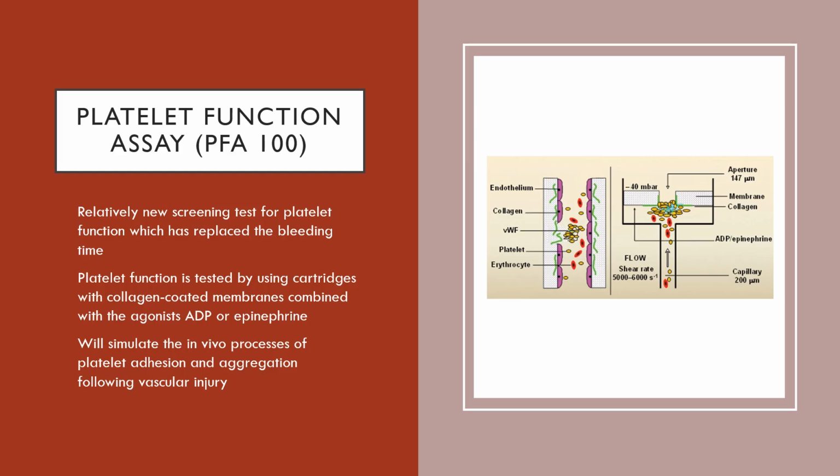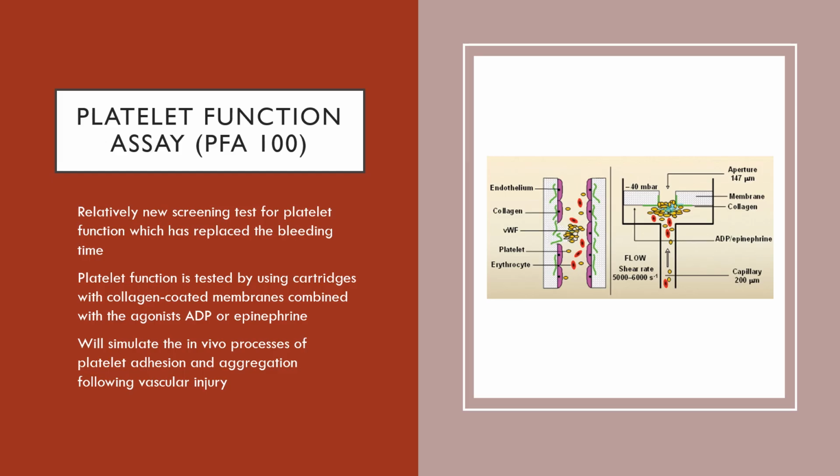Platelet function is tested by using cartridges that are collagen coated. They have a little membrane in them that is collagen coated. And remember, collagen helps with activation of platelets. Then we have two agonists that we use: ADP in one cartridge and epinephrine in the second cartridge. This essentially stimulates the in vivo processes that platelet adhesion and aggregation demonstrate